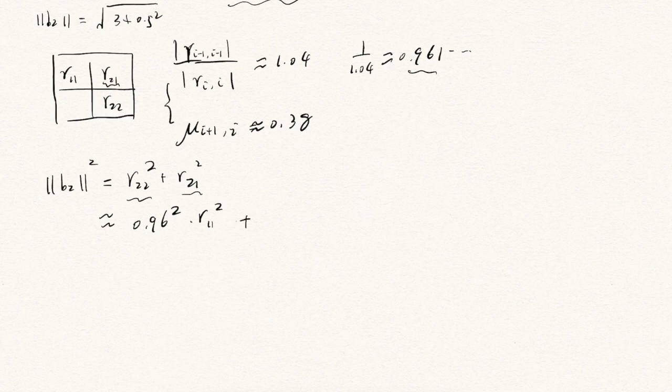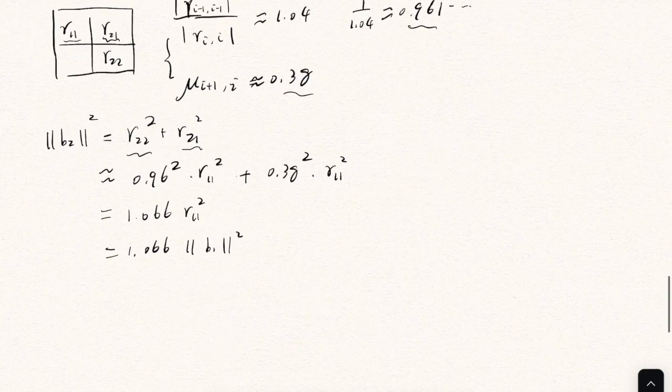plus this value, because during size reduce, we bring it close enough within half of R11. So when we square it, the expectation is square times R11 square. And if you add it up, this is 1.066 R11 square, which equals B1 star. So B2 in expectation is longer than B1. Okay? And the same thing can be said for, let's say, the 3-dimension case, the 3-dimension case where